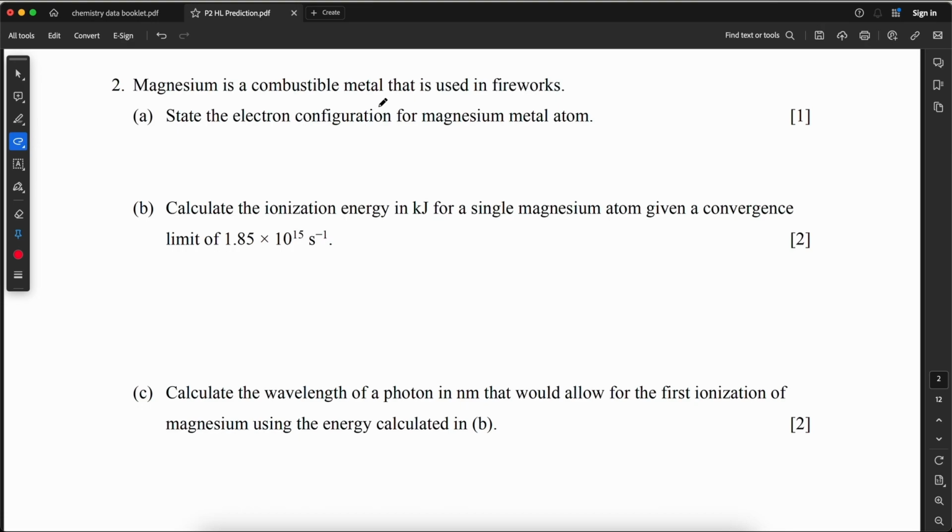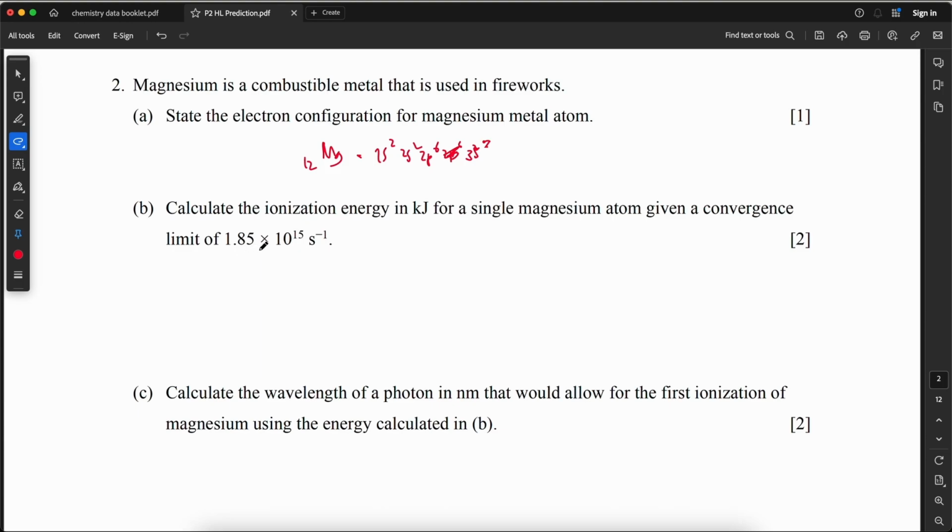Magnesium is a combustible metal that is used in fireworks. State the electron configuration for magnesium metal atom. So Mg, with the number of electrons being 12: 1s2, 2s2, 2p6, 3s2. Calculate the ionization energy in kilojoule for a single magnesium atom given a convergence limit of 1.85 times 10